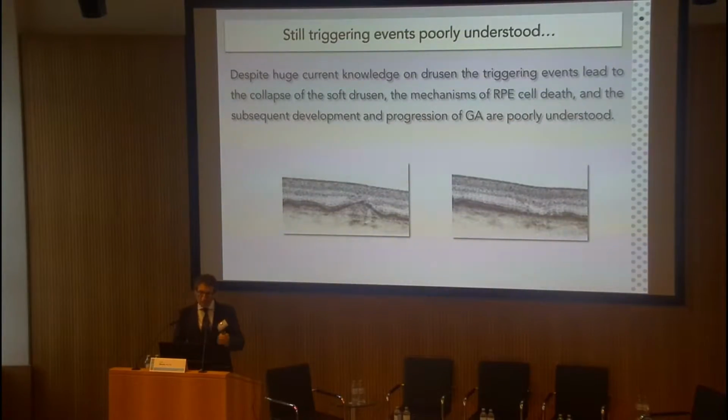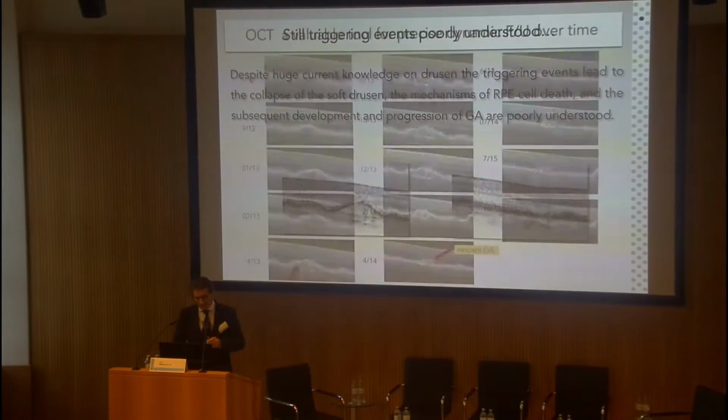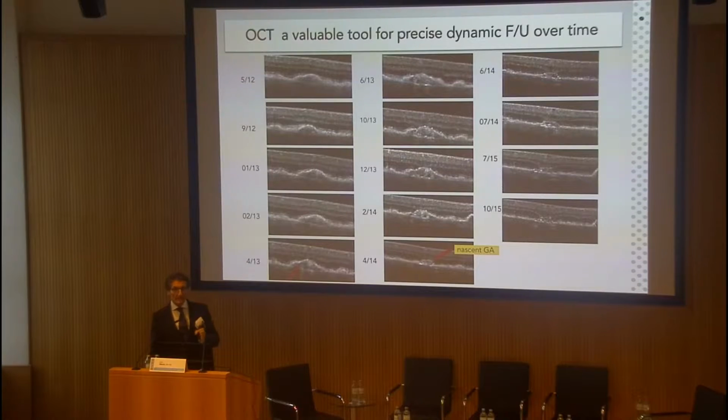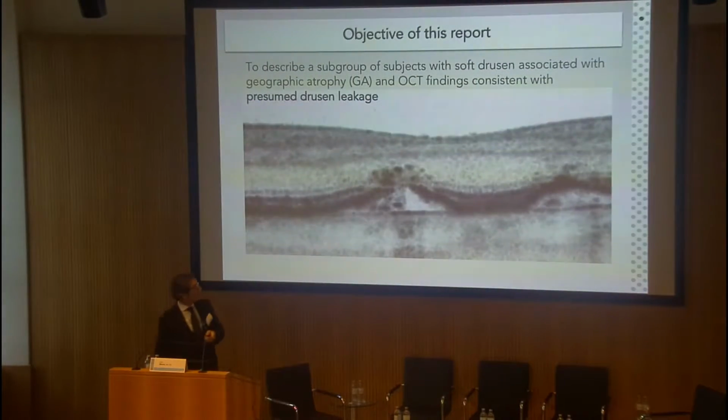So, despite all the knowledge we have, still the triggering events of Drusen collapse and atrophy are poorly understood. And OCT, even if it's not histology, has an advantage compared to histology. That is a very beautiful, dynamic tool to evaluate changes, almost at the cell level. Not at the cell level, but we have a dynamic picture of all the events of one single Drusen, for example. So what I want to describe today is this finding